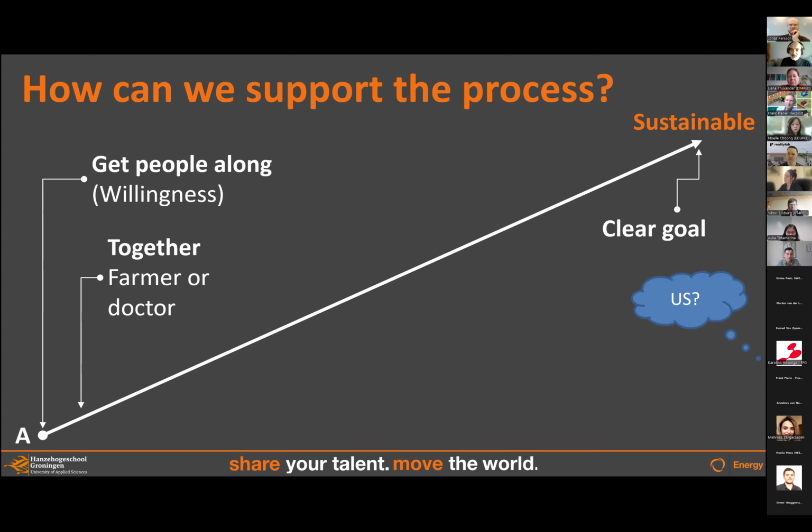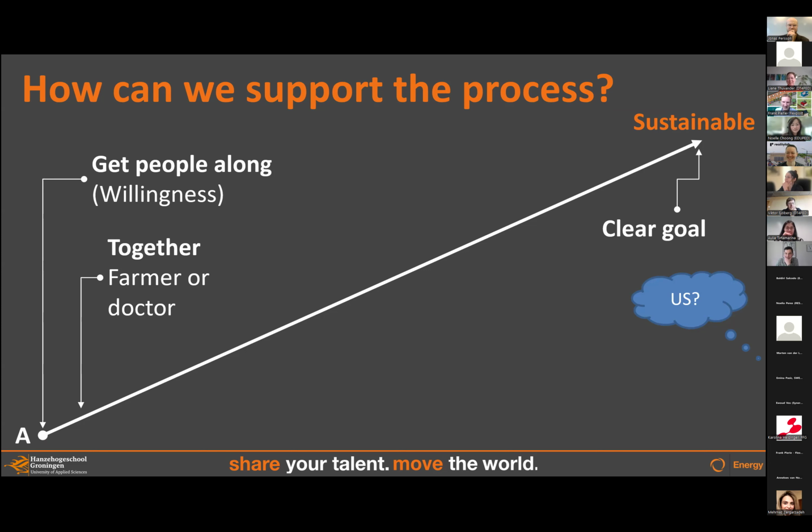Sorry, Frank. Some people can't see the presentation. Is that true for everyone? I cannot see it. I can see it. Yeah, me too. On top of the screen, you can choose between the screen of Jonas and the screen of Frank. So maybe you can activate it. Yeah, Sander and Claudia said that on top of the screen you can switch between the screens. Yeah, now I see it. Yeah, thank you. Okay, sorry. So you can switch back again after the presentation. Now it's good. Now we've got everybody on the same line again, right?